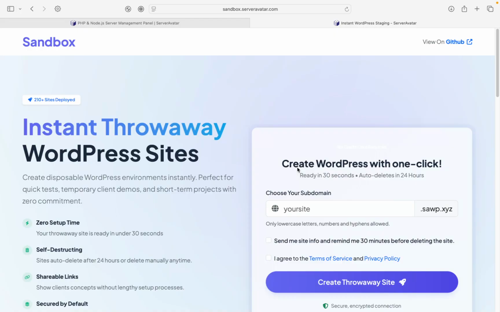Today marks a fantastic day as ServerAvatar has officially launched its open source software called Sandbox. Are you tired of spending hours setting up a temporary WordPress site just to showcase quick demos or perform a short-term test? What if I told you there is an app that creates a disposable WordPress environment instantly? Yes, that's it. Meet Sandbox by ServerAvatar, an amazing open source tool designed just for developers, designers, and digital